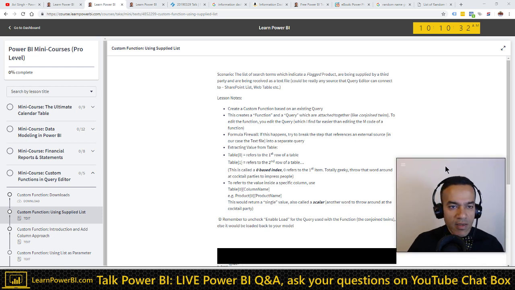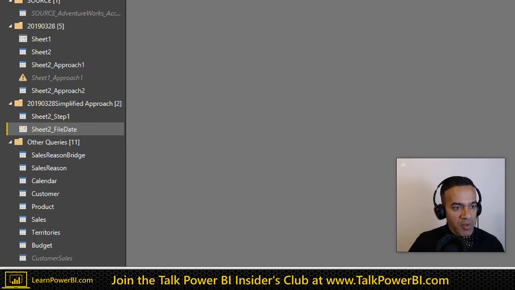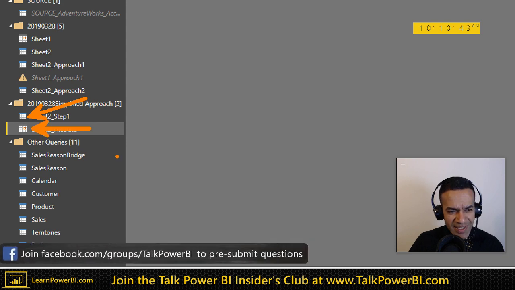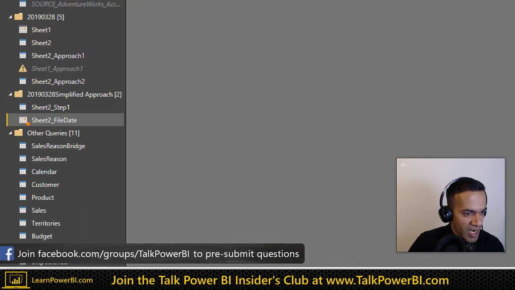So that's in there. So let's come back here. So now we got the value. Cool. And again, you notice that you have a different icon here because the query editor understands that, oh yeah, this is a table. This one is, I guess, a scalar value or whatever it's called. Interesting icon. Really, it's just highlighting a single cell.